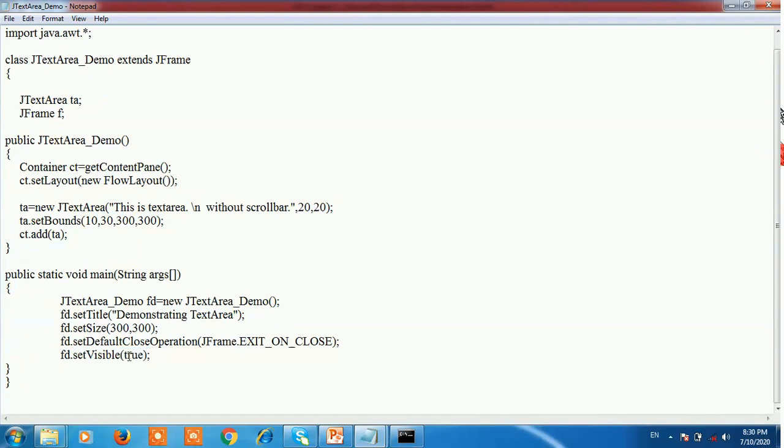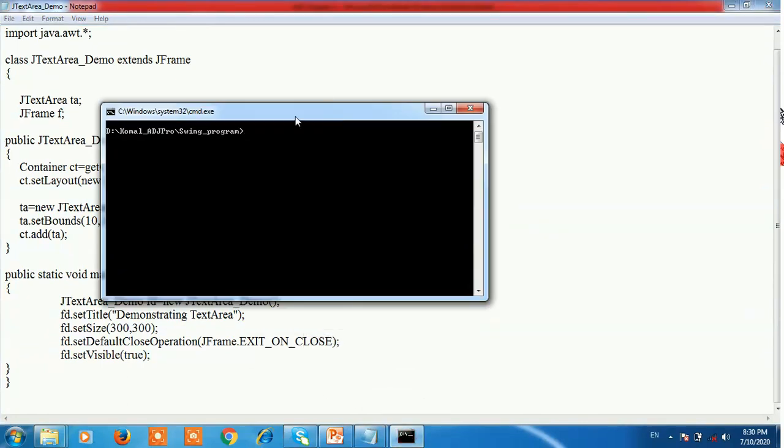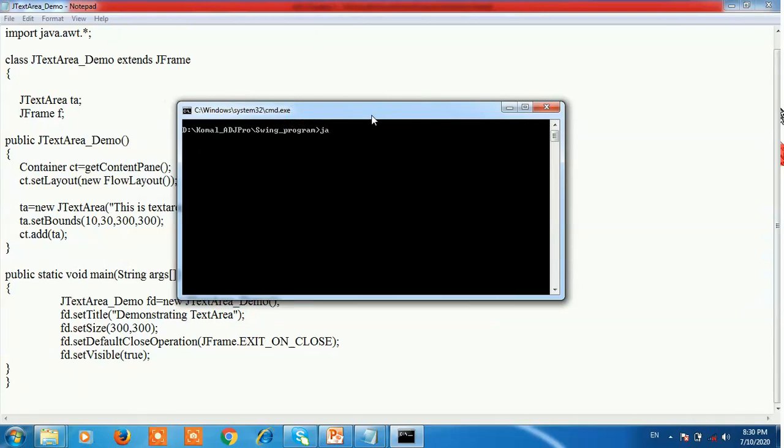After that, save the code as JTextAreaDemo.java. Then first compile the code: javac program name, JTextAreaDemo.java.